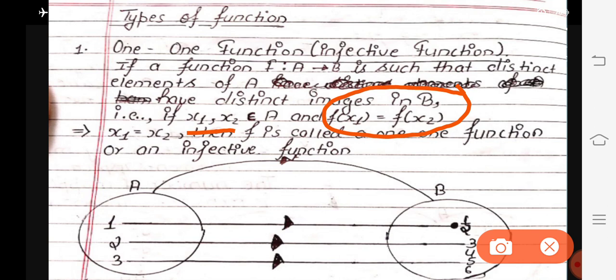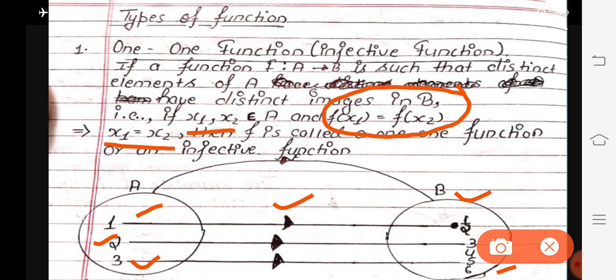So assuming this, if we can show that elements are also same, then we can say that the function is one-one. Here with the help of the figure I have explained the same. What you will see in the figure, different elements are having different images.